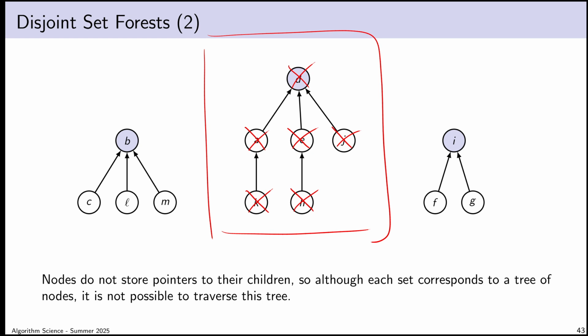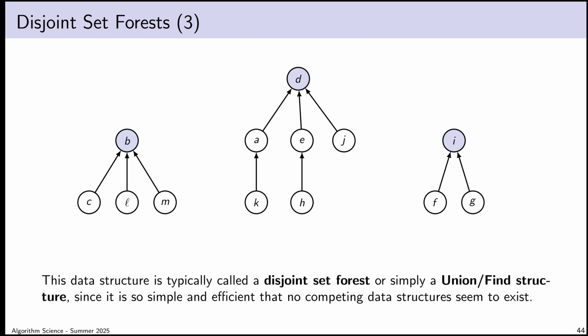But remember, our data structure doesn't involve that operation, so I don't care if that's slow. I want union to be fast, and I want find to be fast. So the data structure we've just come up with needs to have a name, and if you look at an algorithms book, typically the term that's used is Disjoint Set Forest. And that makes sense to me. That's a good name for it, because it's a forest, a collection of trees,